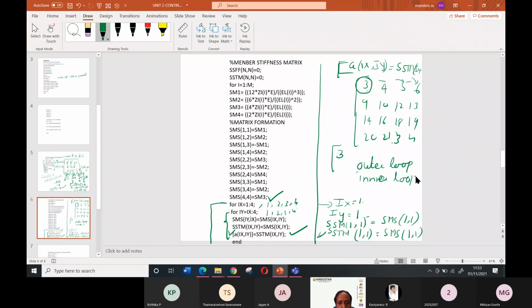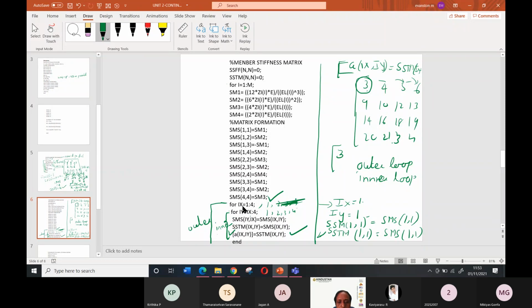The inner loop is this one. So what will happen, the outer loop will remain 1, and the inner loop will calculate up to 4. The outer loop will be 1 only, and the inner one will go 1, 2, 3, 4.